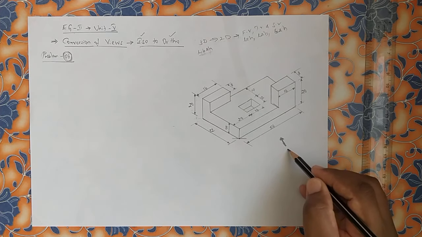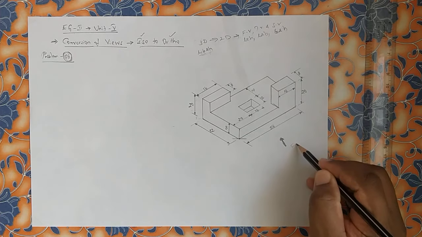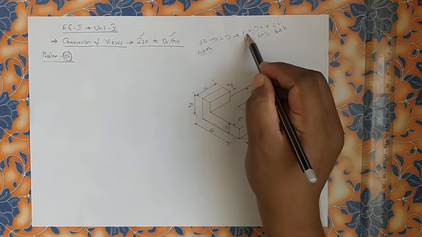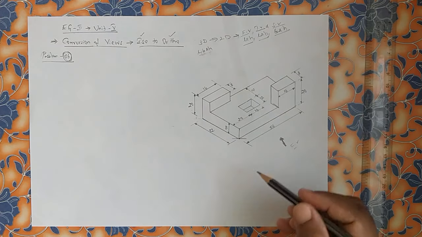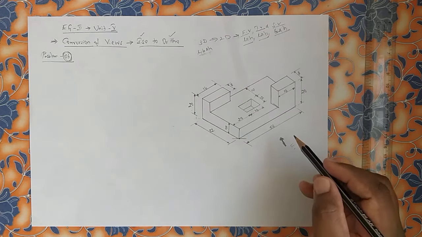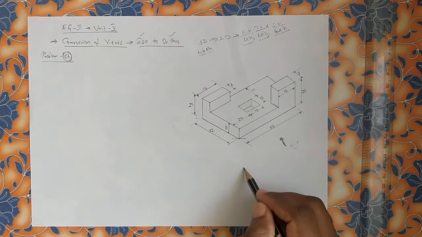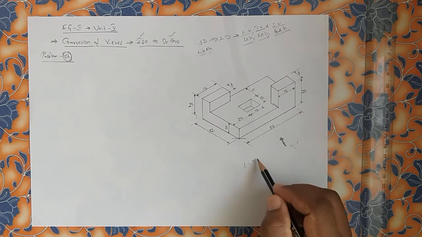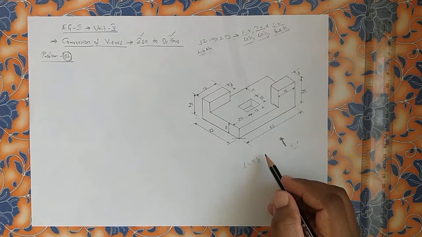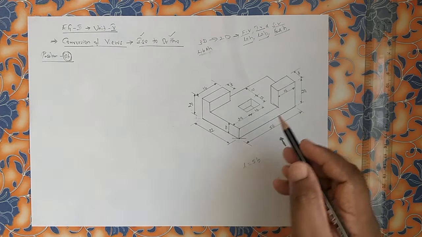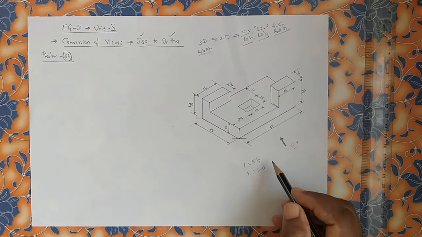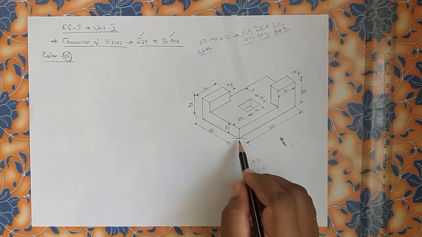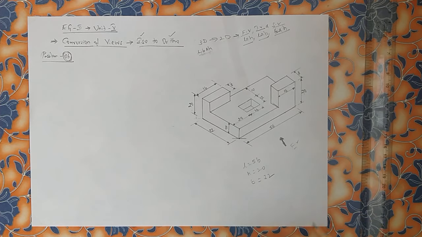Now this is the arrow mark where we are supposed to start our viewing. That is nothing but here it should be our front view. Now front view, length and height, top view, length and breadth, side view, breadth and height. Now when you are looking from front view, try to estimate the total length. See total length which is of 56. Now height, you can observe multiple heights, but common height is 20. Breadth, you can see in the left side it's 32.